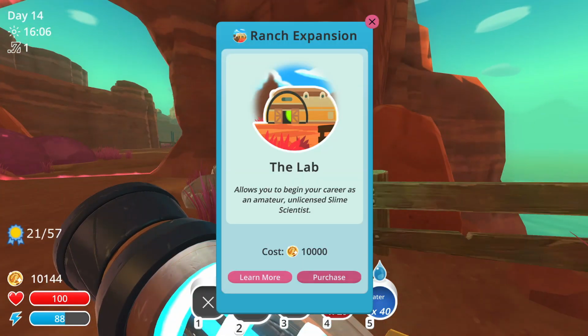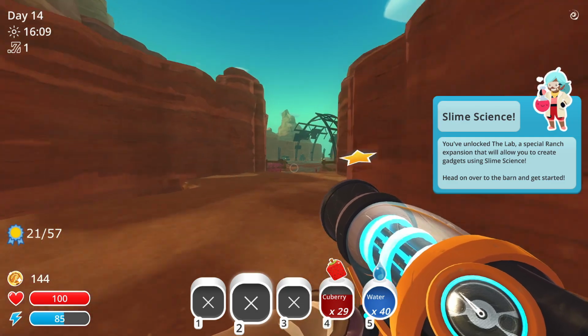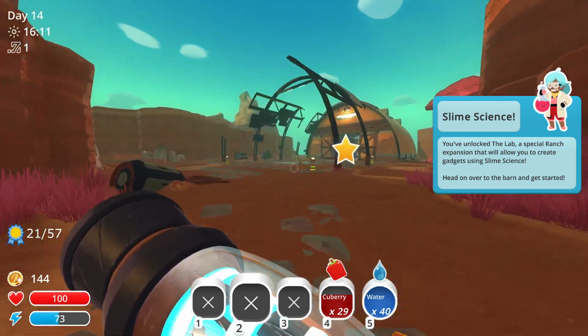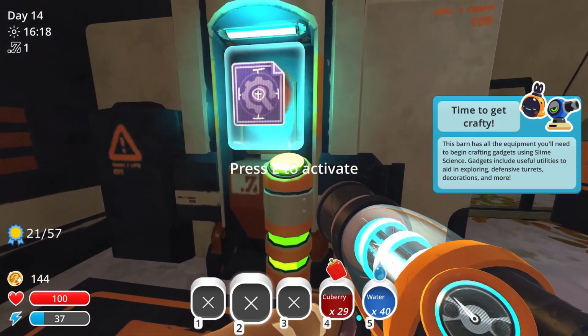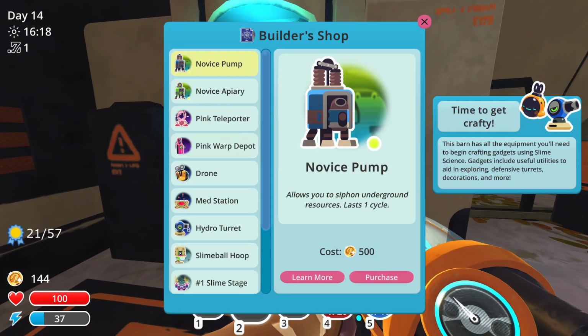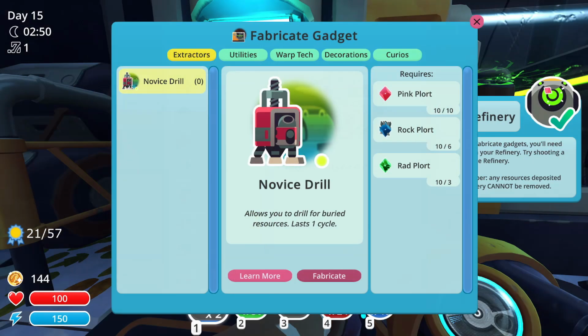I had so much money, and it was time to buy the lab expansion, costing me 10,000. This allows me to create gadgets, and they provide a variety of useful utilities, like the drill, pump, and apiary, which are used to get previously unobtainable resources. There's also teleporters and decorations, which we needed for the future, but as of right now, I make my first